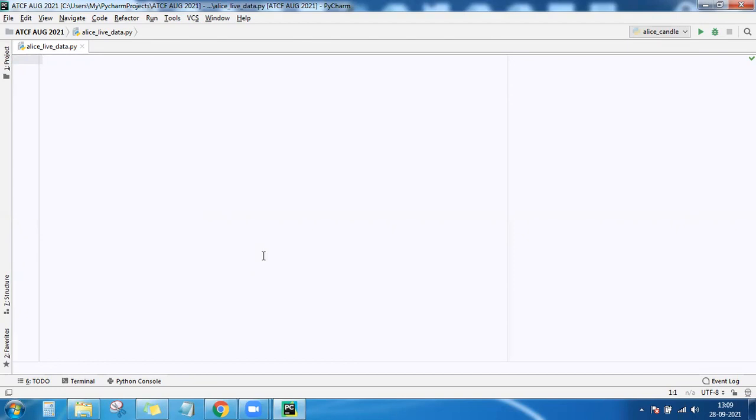So that access token is going to give information to Alice Blue. You have to generate that access token, and this access token expires every 24 hours. So once you generate an access token, you can use it for the whole day.